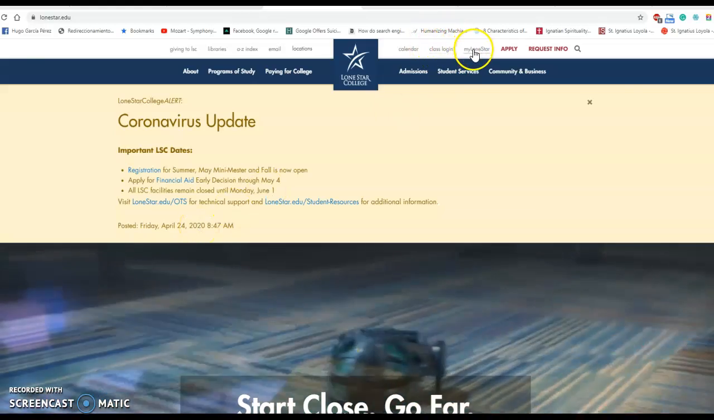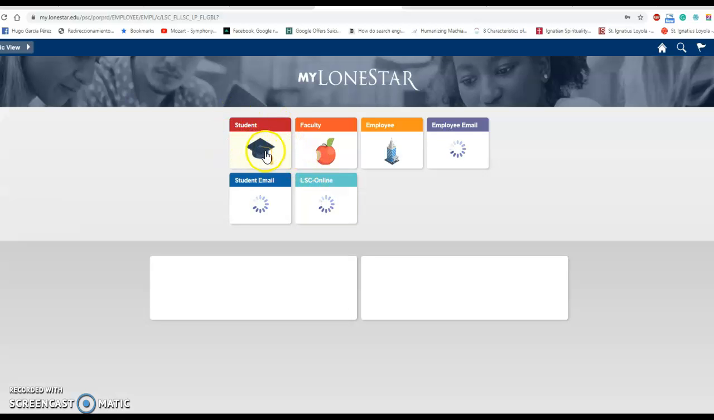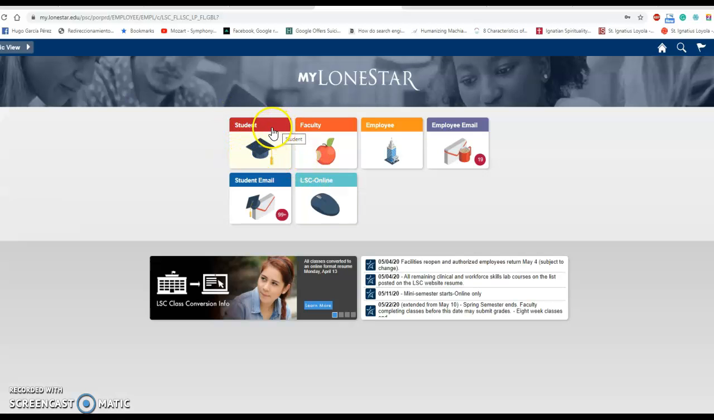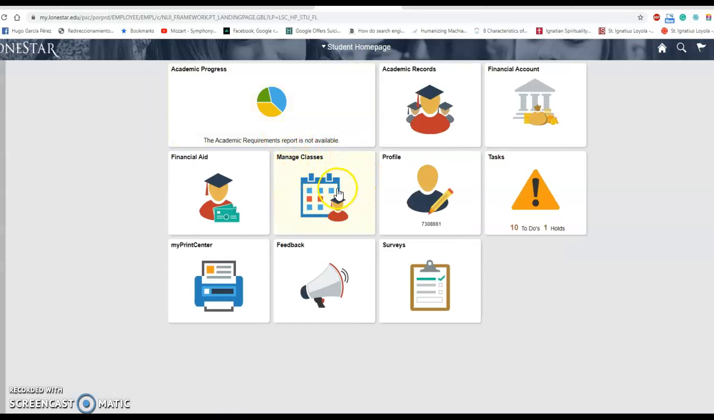Here I have an example to take the course evaluation. You go to your My Lone Star account, you put your username, your password, and then when you get to your main screen, here you have your tab for student, the red one, and then you have here manage classes, so pick this